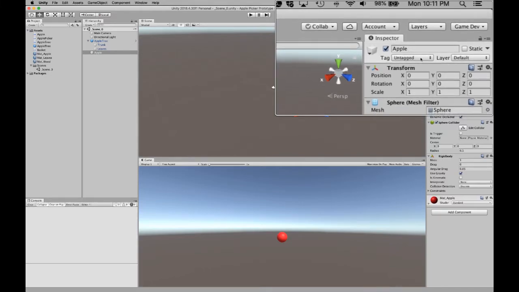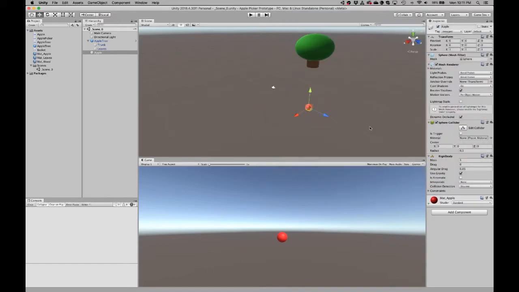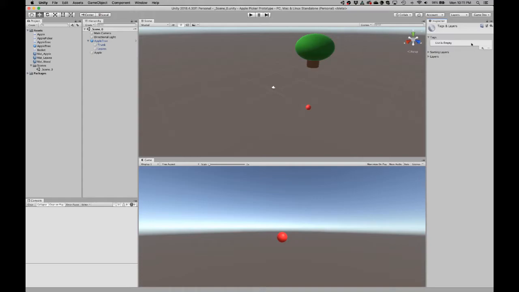And for this, we're going to actually create our own new little tag. So I'm going to click add tag, and we're going to add a new tag, and we're going to call it apple, right? And so now we have this item is tagged with apple,